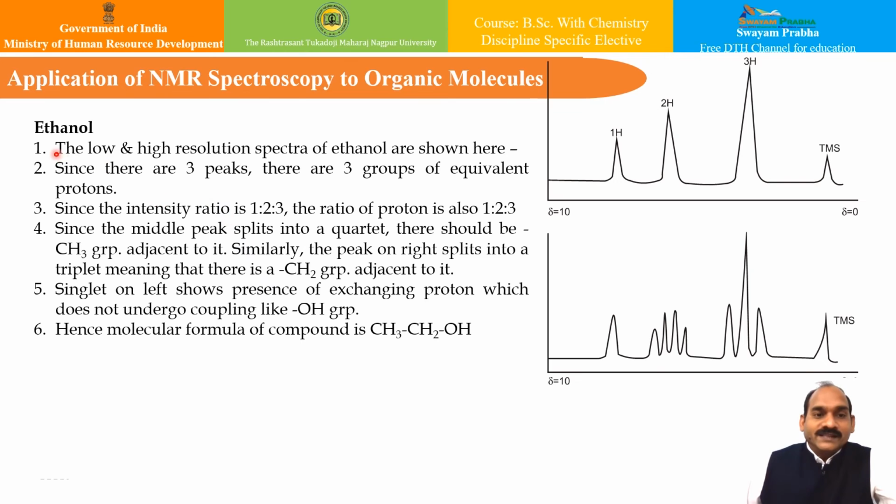Similarly, look at the example of ethanol. We have seen this earlier also, but now we will see the more resolved spectra. The low and high resolution spectra are shown over here. This is low resolution and this is high resolution. In the case of ethanol, there are three peaks, 1, 2 and 3, because there are three groups of equivalent protons. Since the intensity is 1:2:3, the ratio of protons is also 1:2:3. And since the middle peak splits into a quartet,